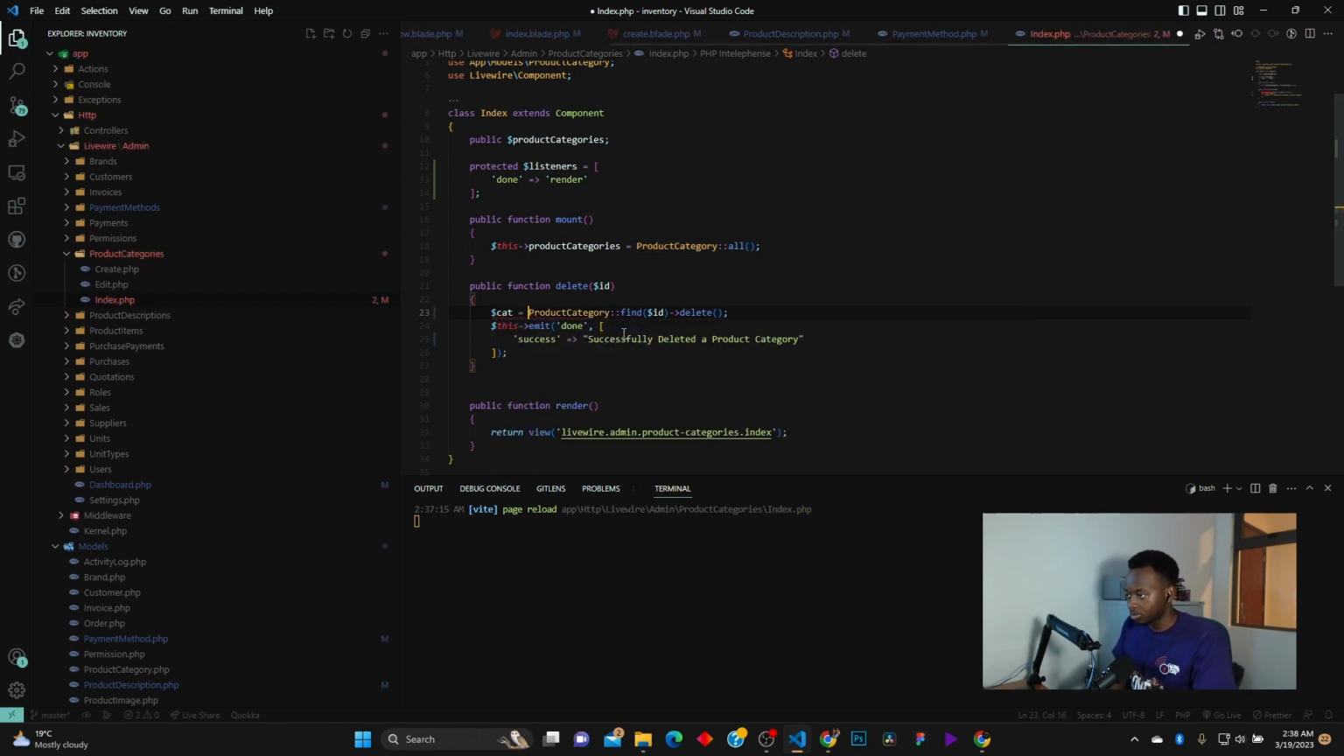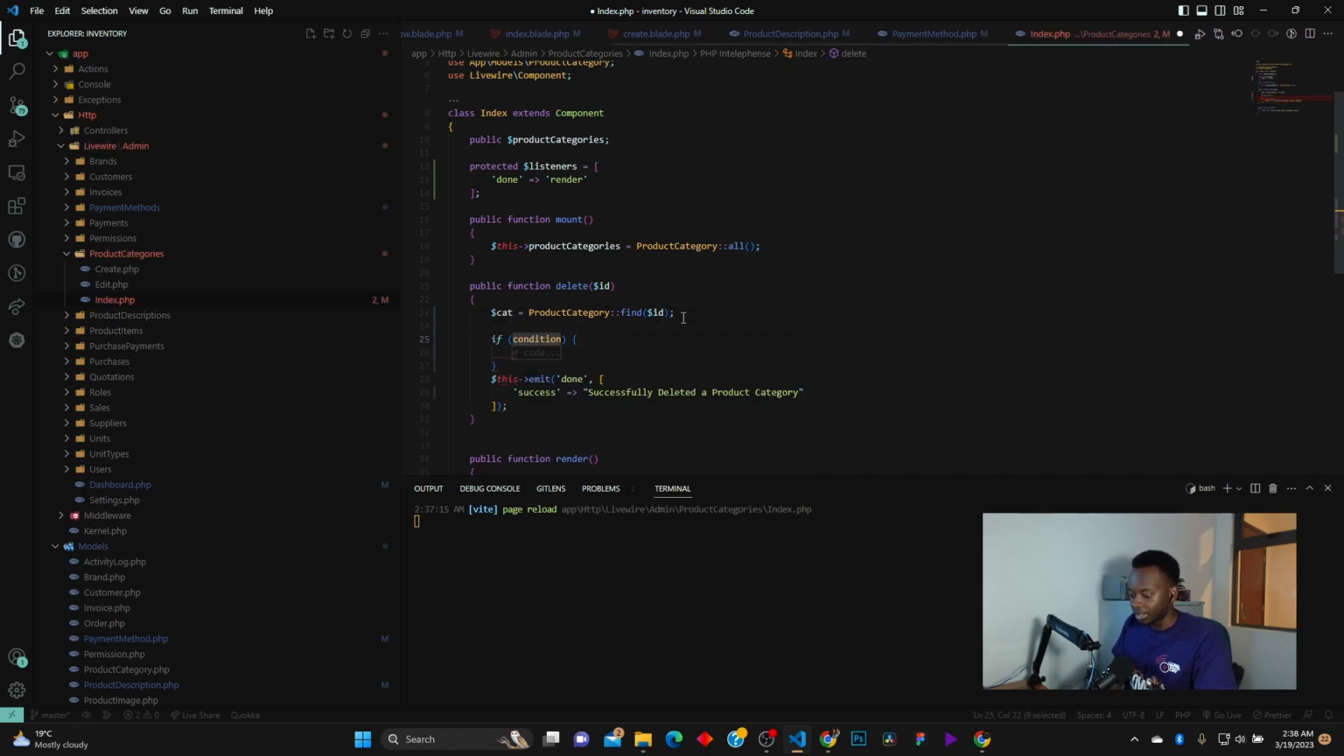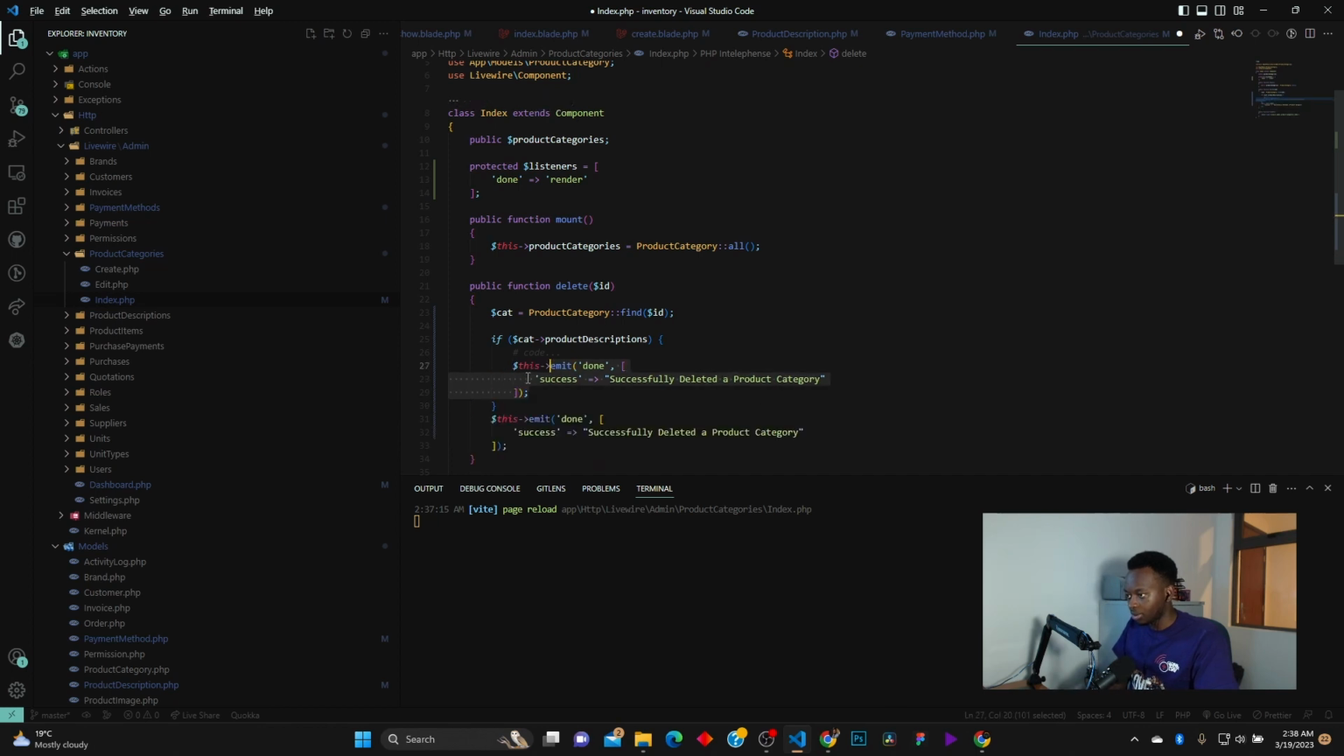So I'm going to come in here and say cat is equal to product category find ID. Then I'm going to hold the delete for now, and then I'm going to say if cat product categories or product descriptions, right? Then I'll say this emit done, just like this one, but this time I'll throw a warning, and then you can say you can't delete,